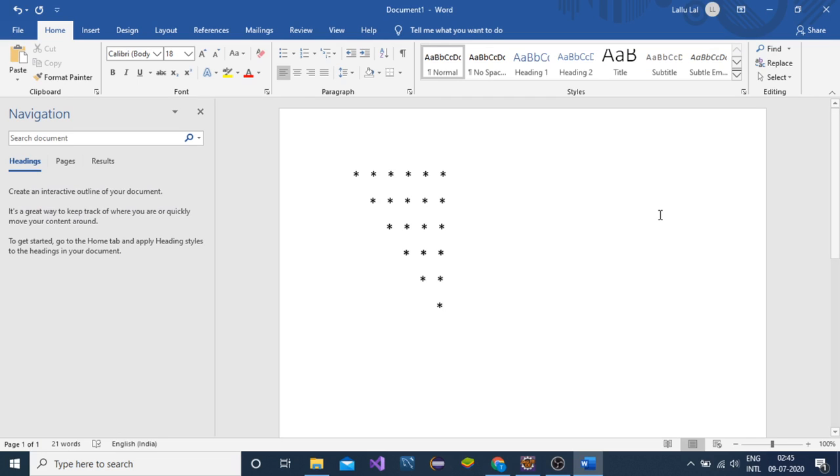In this program, we will see a pattern program. The pattern is in front of you on the screen. The idea behind printing this pattern is that we need spaces before the stars going downward. In the first row, there is no space. In the second row, one space. In the third row, two spaces. In the fourth row, three spaces. In the fifth row, four spaces, and in the sixth row there are five spaces, one less space than the row number.